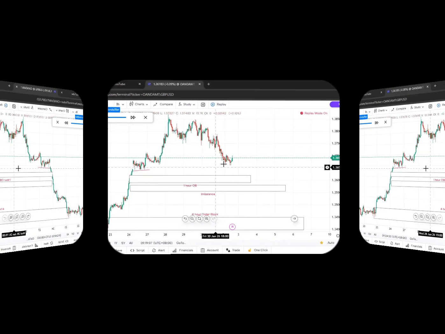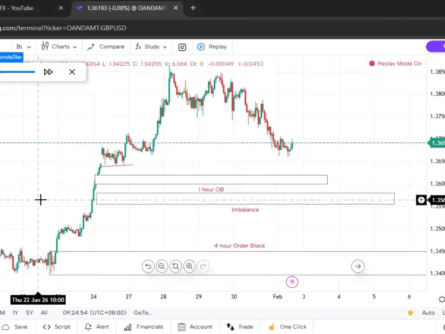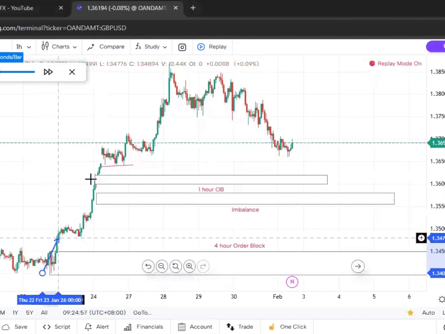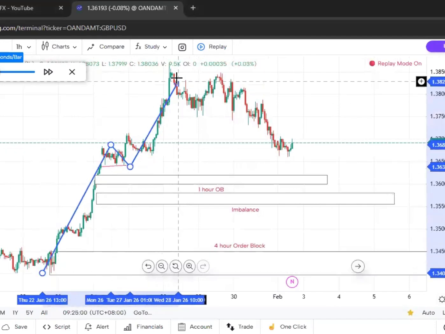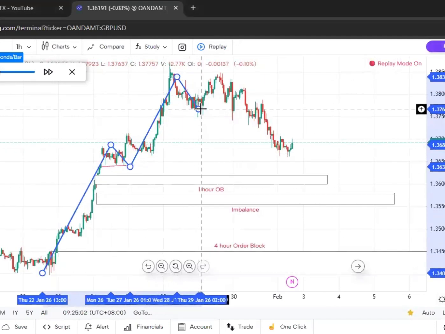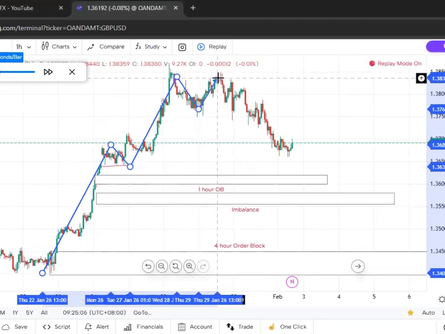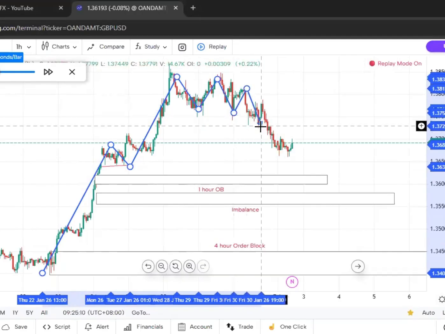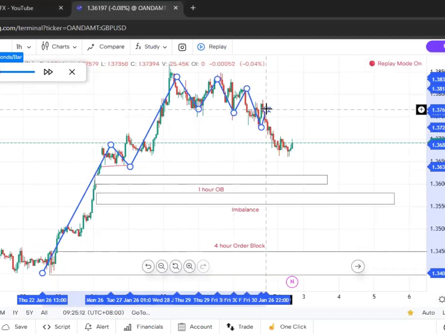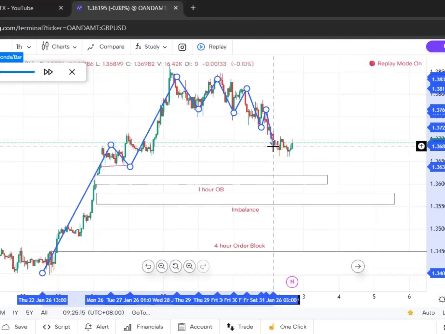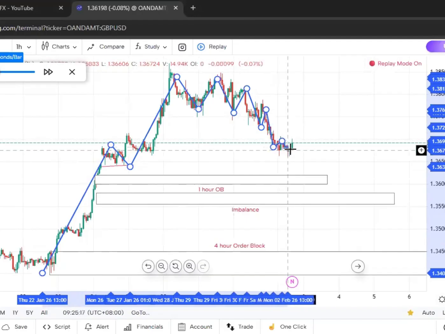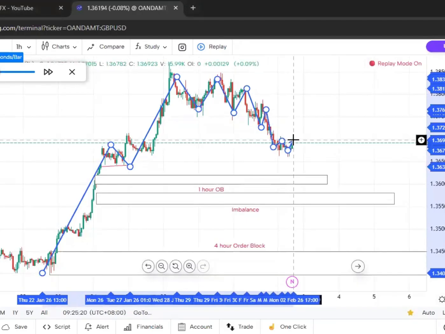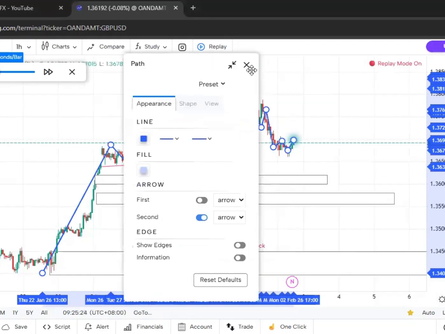Okay, we zoom out now to see a much clearer view. As you can see, the market is making this higher high, higher low, higher high, higher low. But now it didn't break the higher high. Instead, it created a new lower high, lower low, lower high, lower low, lower high. You might ask, hey Adobs, why is price retracing when the trend is up? The answer is very simple, and take note about this.